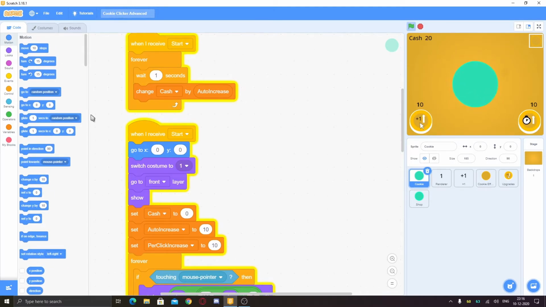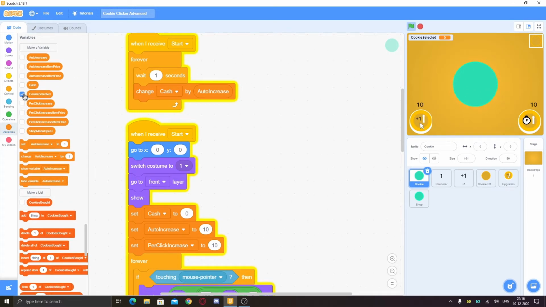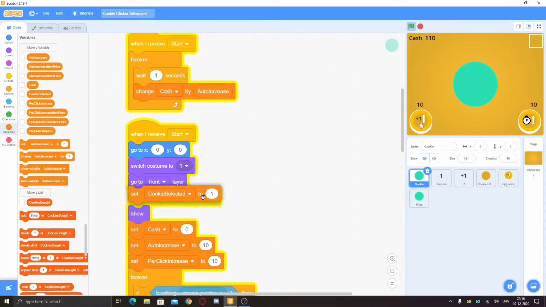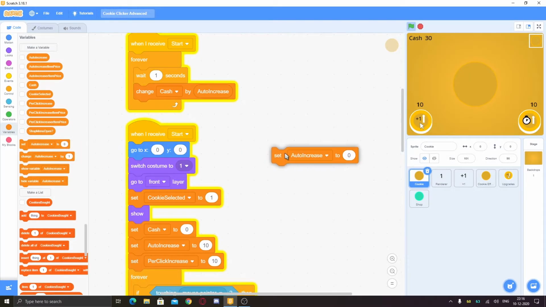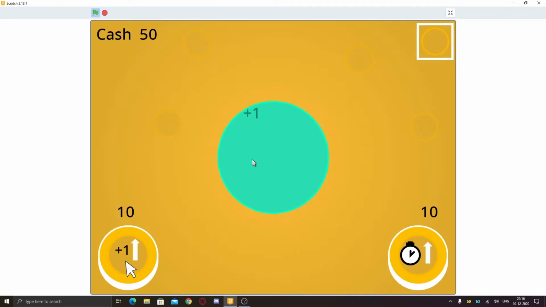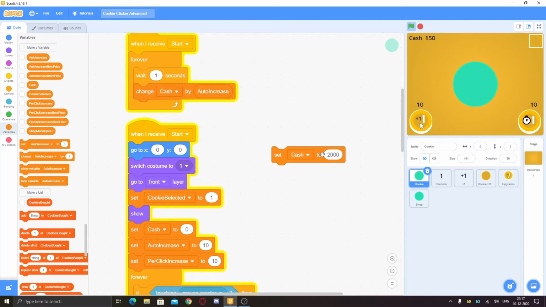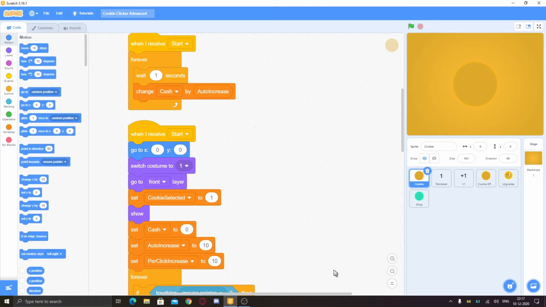See, now here you can see this is now set it to 4 or 5. Like now we'll just set cookie selected to 0 or 1, and let's see, and you can see the cookies 1. And if I set cache to 2000, here you can see when I buy this, now I'm equipped here. I cannot switch to first cookie, but I can switch to fourth cookie and other cookies if I have the money. Like here you can see I cannot buy now, so let's just implement it and then test.